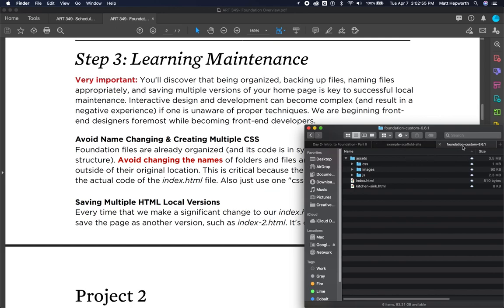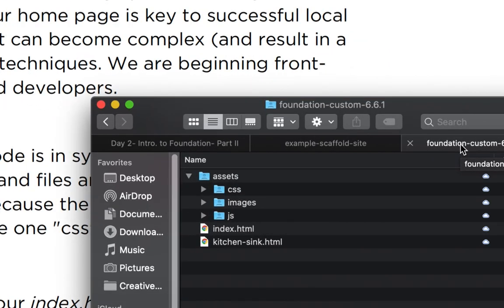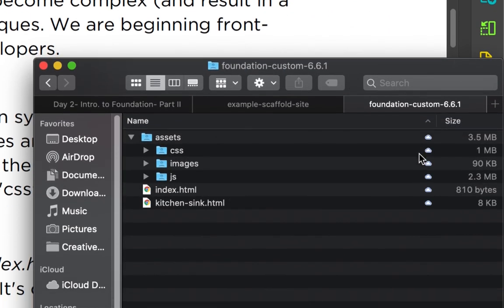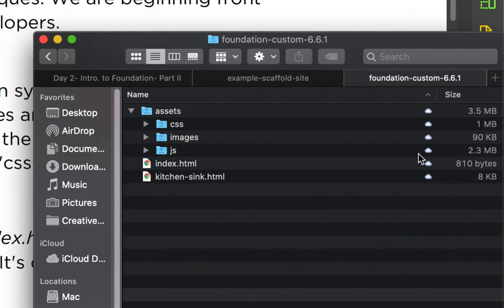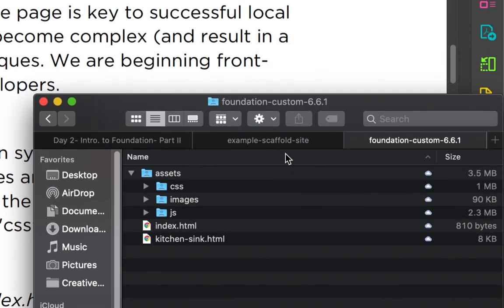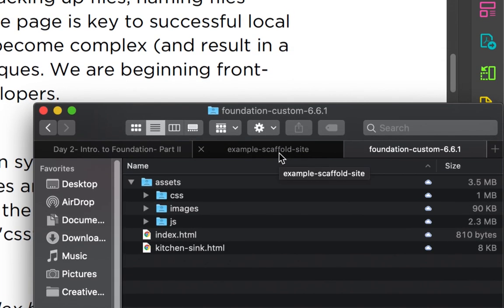This is the actual foundation custom that we downloaded. You'll notice that I'm going to preface that right now since we're on the topic, that the directory that I had you make a copy of for your own project